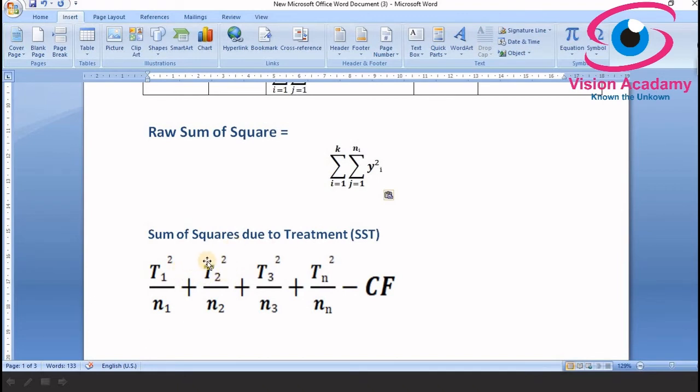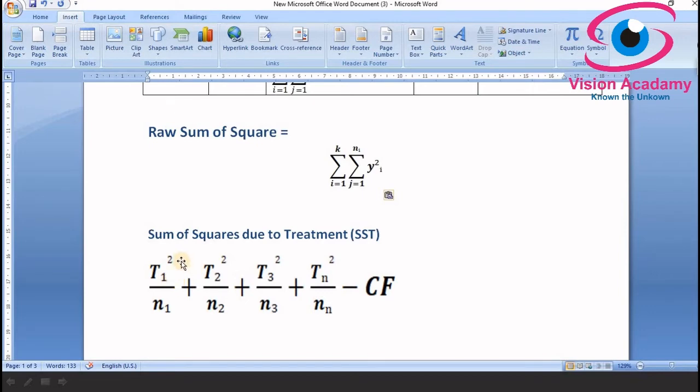For calculating the sum of squares due to treatment, you need to consider the number of samples under study. In this example, N1, N2, N3 and up to N, and also T1, T2, T3, Tn. Here T is a total, and if it is a column, we can say C1.